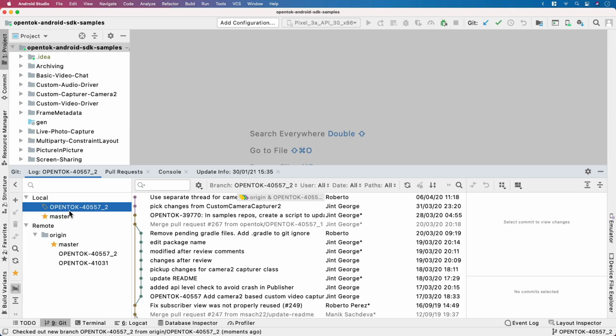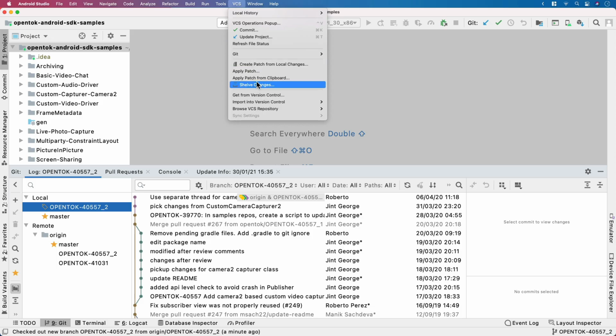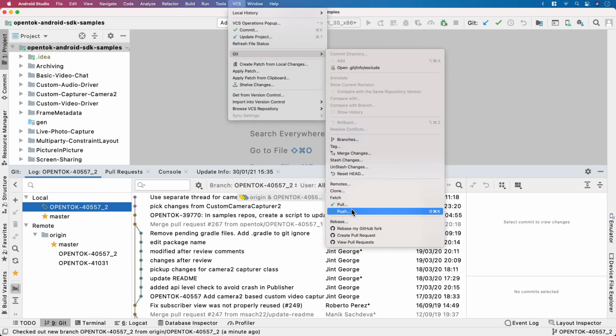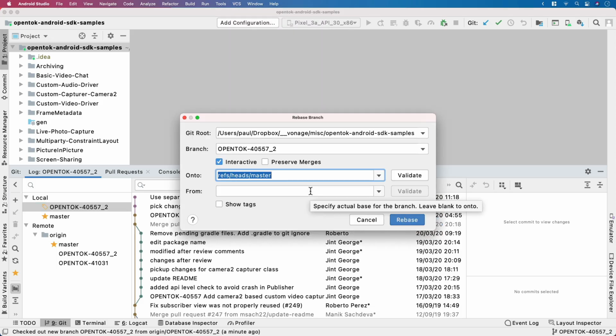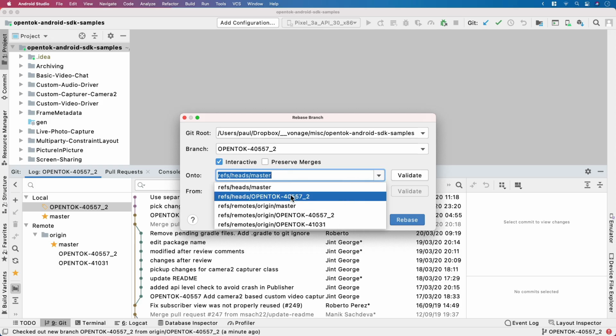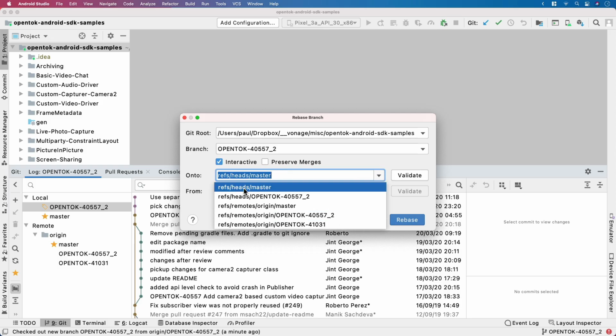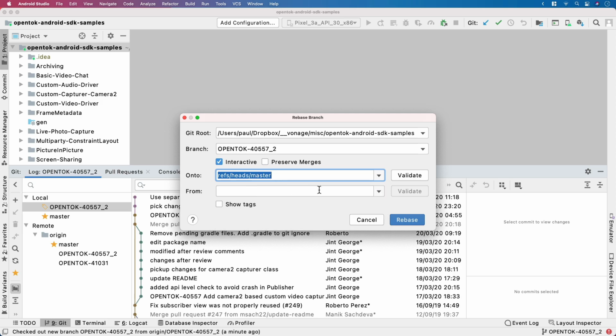Rebasing is also easy from the menu. So let's say you want to add the changes from master to OpenTalk to the one we just created, and we kind of want to rebase it, right? So you can go to VCS and then Git and then click Rebase. And you can select the branch you want to rebase to. You can rebase on a remote one as well. You can see the remotes here. But in this case, we're going to rebase it on the master, right? So